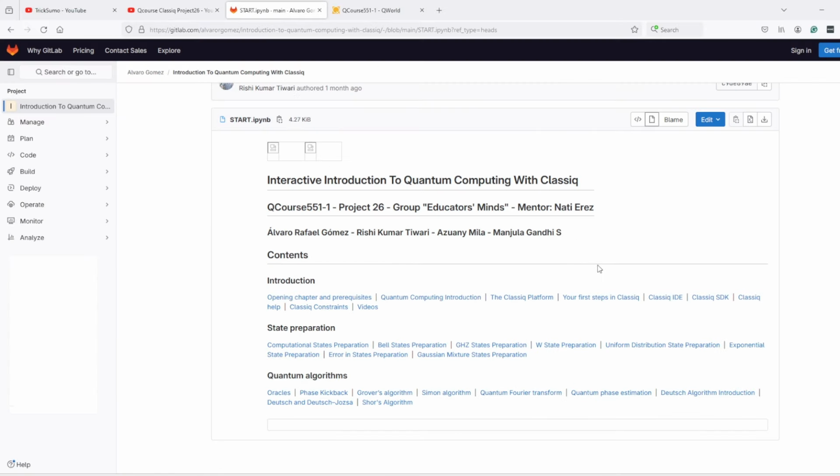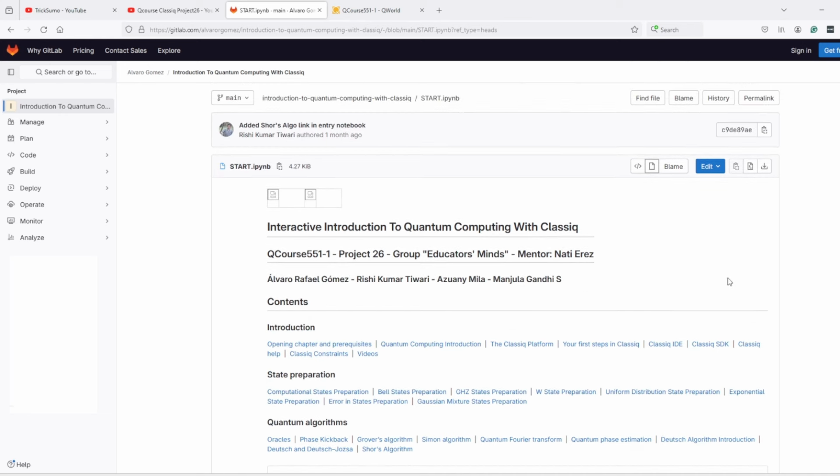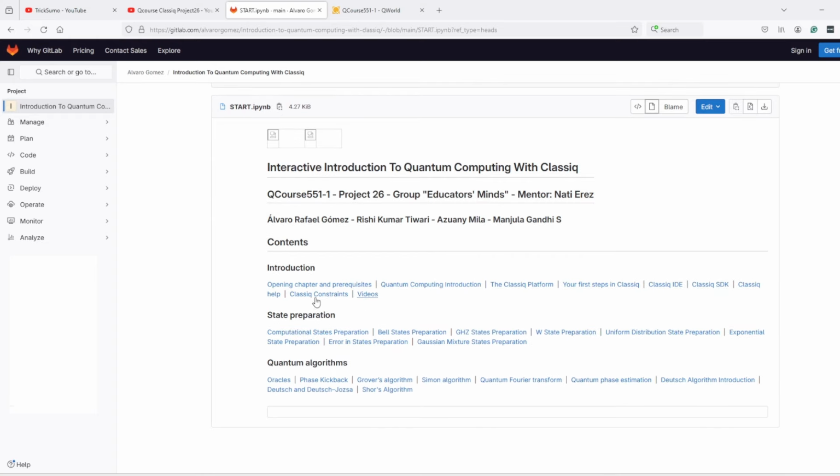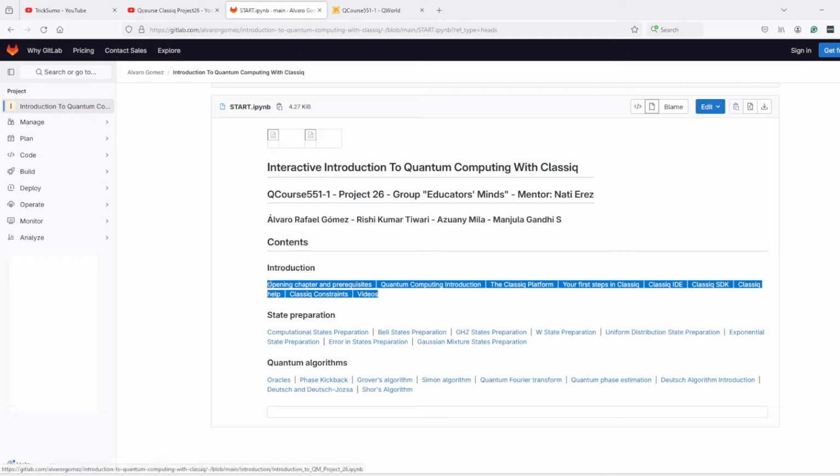So this course is really good if you have some basic understanding of quantum computing and want to understand things in a better way, and also you will get familiarity with the Classiq platform, which is very good for developing quantum algorithms. So here, as part of this course, first we covered some basics of quantum computing, then we covered